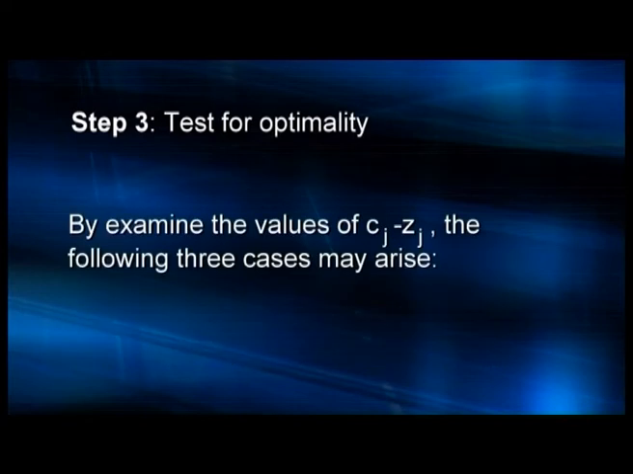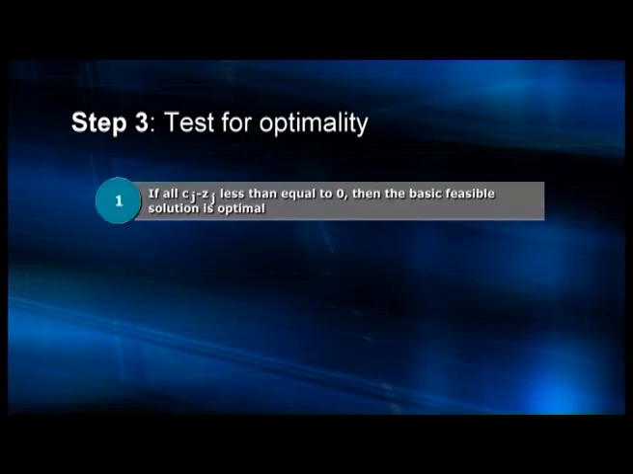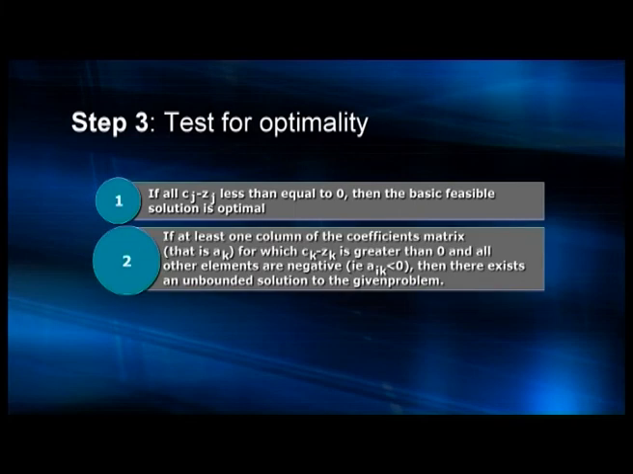By examining the values of Cj minus Zj, the following three cases may arise. If all Cj minus Zj are less than or equal to 0, then the basic feasible solution is optimal. If there is at least one column of the coefficient matrix, that is Ak, for which Ck minus Zk is greater than 0, and all other elements are negative, that is Aik less than 0, then there exists an unbounded solution to